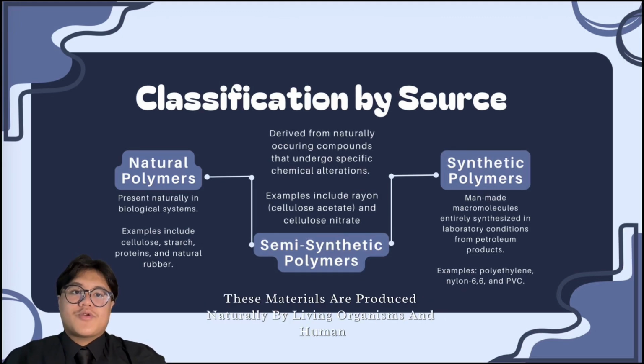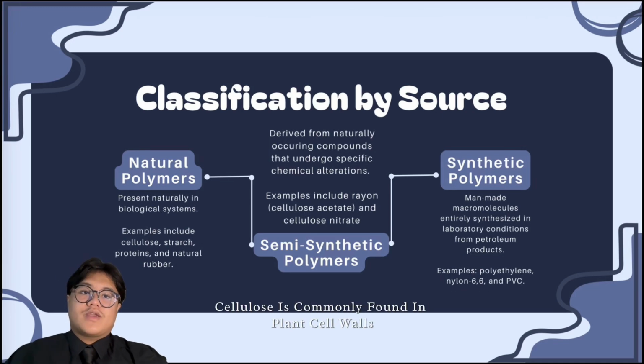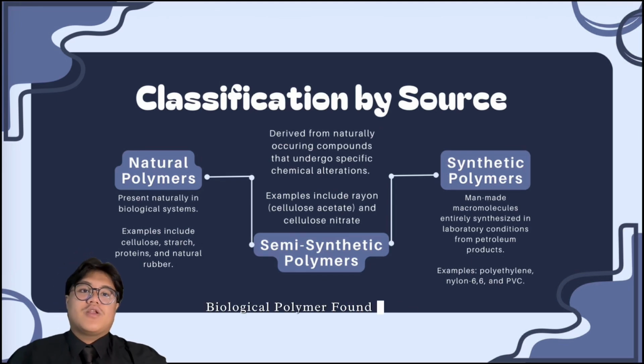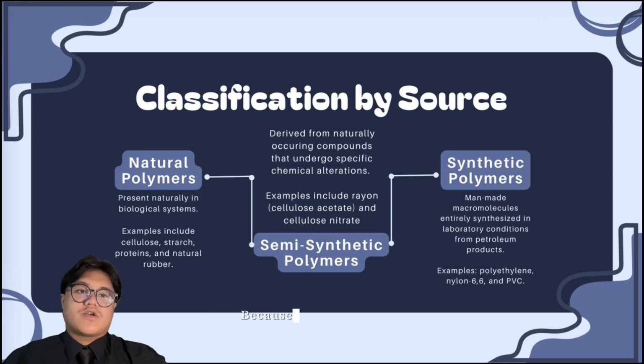These materials are produced naturally by living organisms and are widely available in nature. Examples include cellulose, starch, protein, and natural rubber. Cellulose is commonly found in plant cell walls and is used in paper products, while proteins are essential biological polymers found in living organisms. Natural rubber is widely used in products such as tires and doors because of its